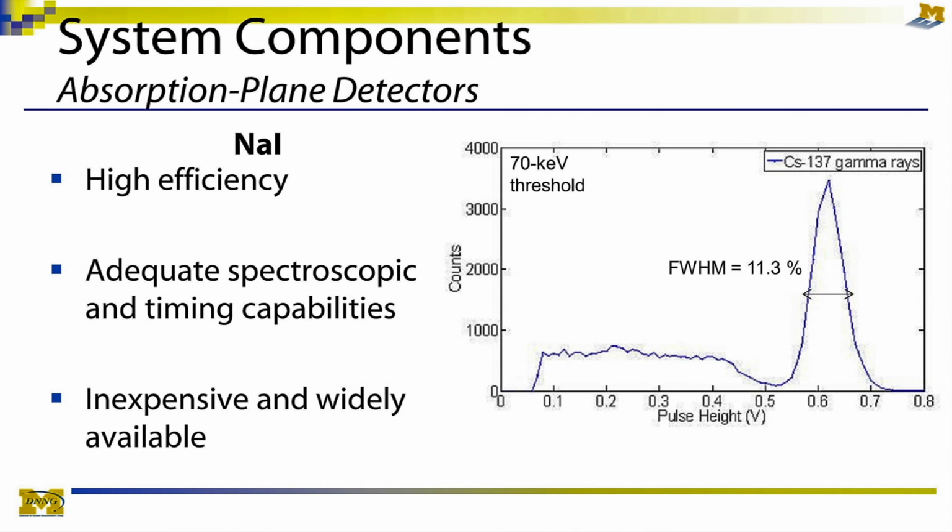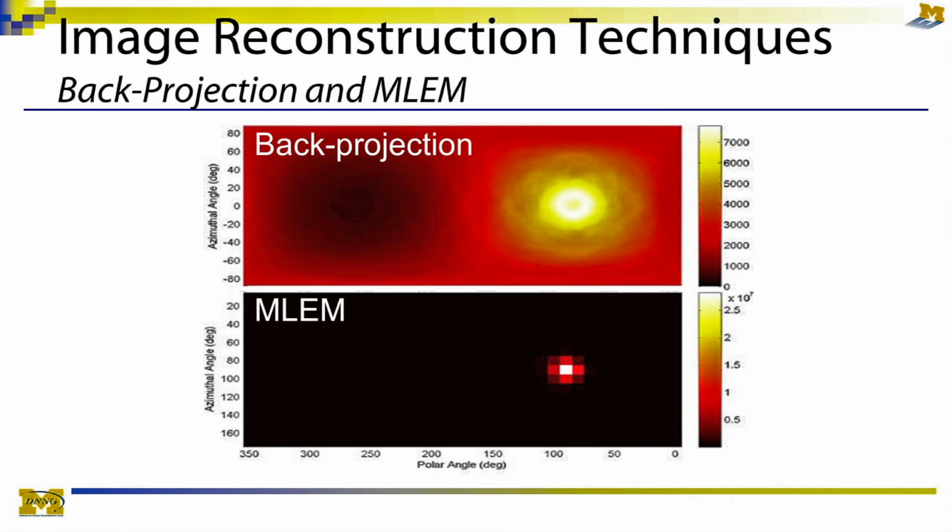We use sodium iodides in our absorption plane because they allow for full absorption of gamma rays, yielding what is called a photopeak. When you add this photopeak to the energy deposited in the scatter plane, you can reconstruct a particle's total energy. In the end, we determine thousands of incident angles of particles, which are back projected onto a